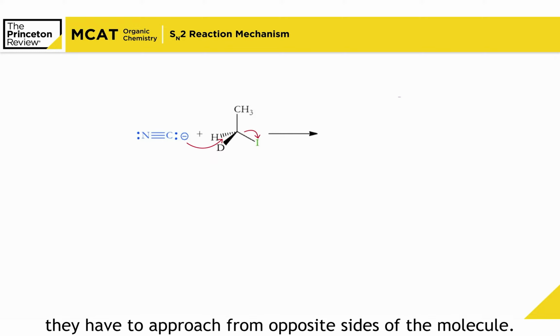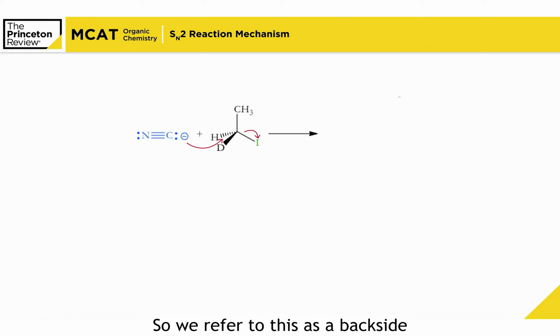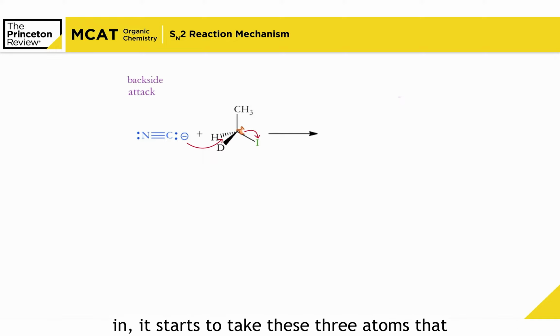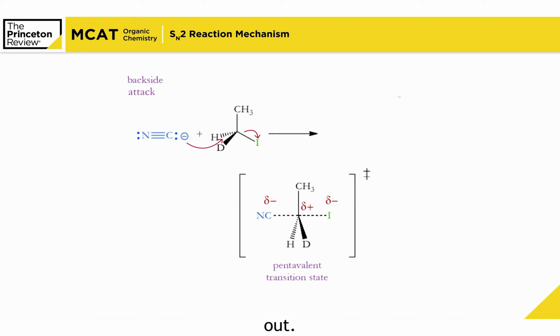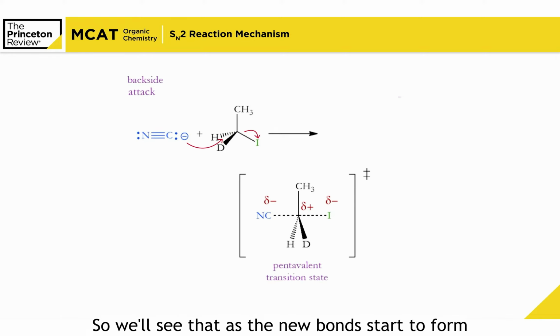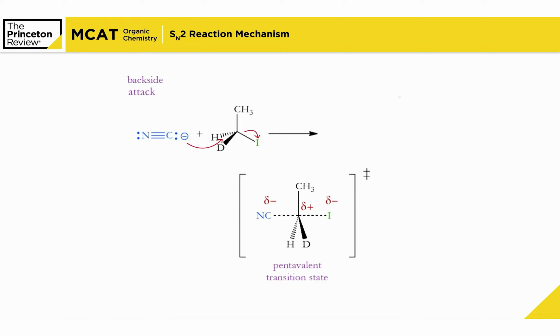So we refer to this as a backside attack of the nucleophile. And what we're going to see is that as the nucleophile comes in, it starts to take these three atoms that are bonded to this central carbon and kind of flatten them out. So we'll see that as the new bonds start to form and the old bonds start to break, as we go this way to our highest energy species along our reaction path,